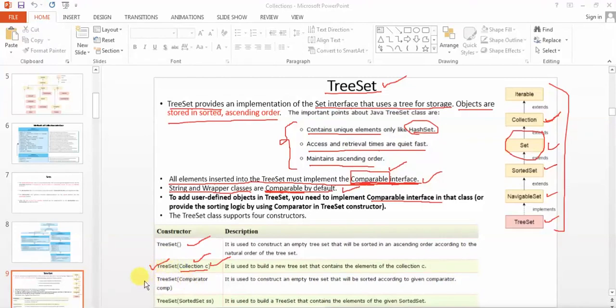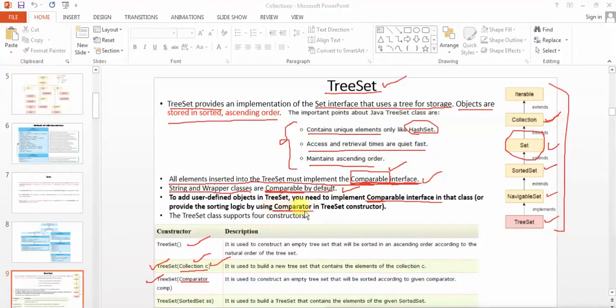The third constructor says that you can give me the comparison logic also using the Comparator interface. So comparison logic can be given in 2 ways: either you implement the comparison logic using the Comparable interface, or you implement it with the Comparator interface.